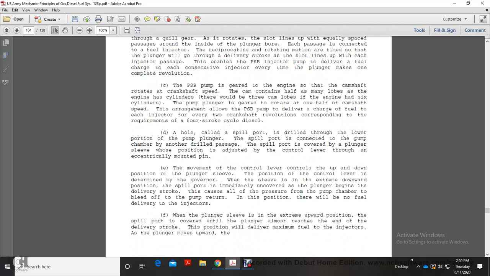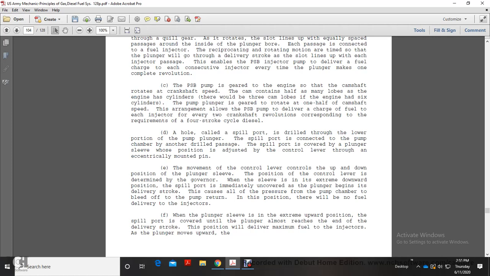speed, with the cam containing half as many lobes as the engine has cylinders. Therefore, 3 cam lobes are used if the engine has 6 cylinders. The pump plunger is geared to rotate at 1/2 camshaft speed, allowing the PSB pump to deliver the charge of fuel to each injector every 2 crankshaft revolutions, corresponding with the requirements of a 4-stroke cycle